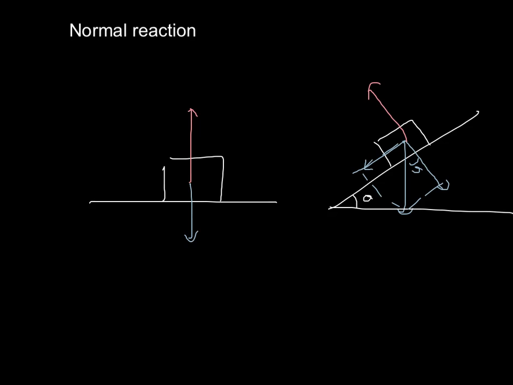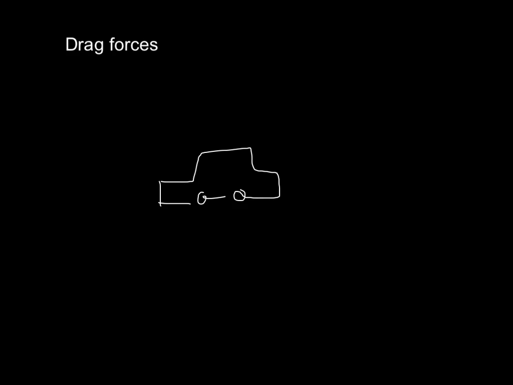Now, another classic force are drag forces, and these ones oppose the motion of a certain body through a fluid. So for example, my car is trying to go through air with a certain velocity v, and because of this, the air is hitting the car and slowing it down, creating a drag force called air resistance. Now, this also happens, for example, if you go through water or basically any fluid. When I try to move through a fluid, the molecules will hit me and create a resistance to the movement.